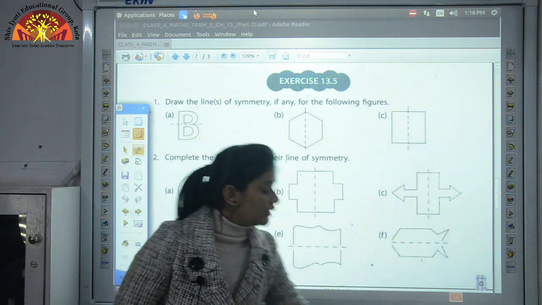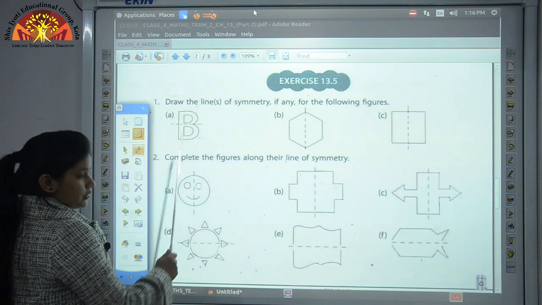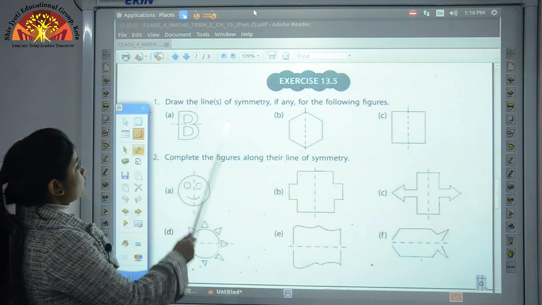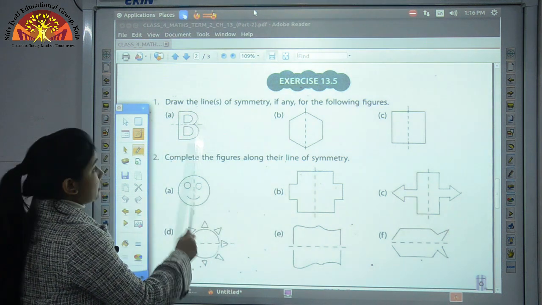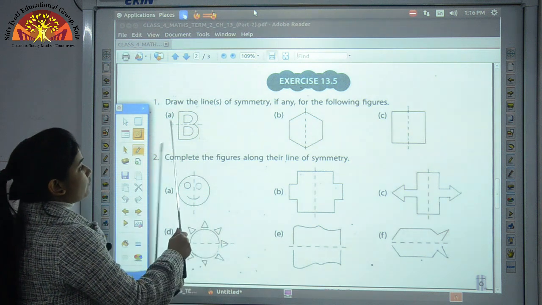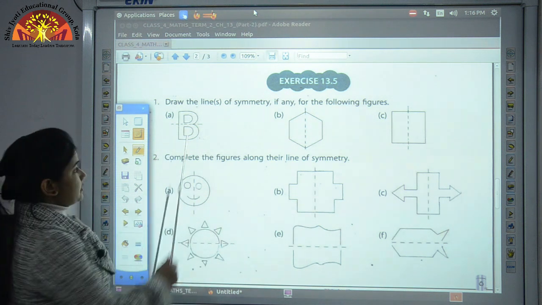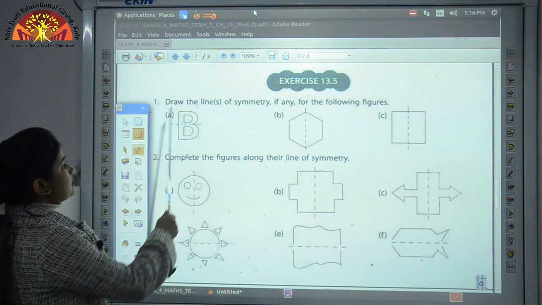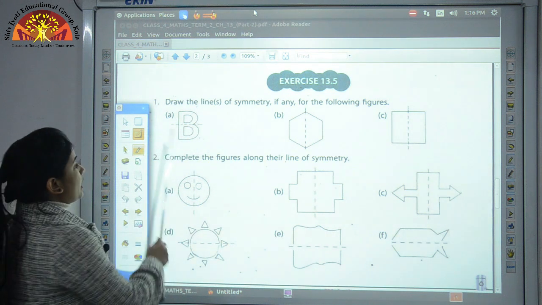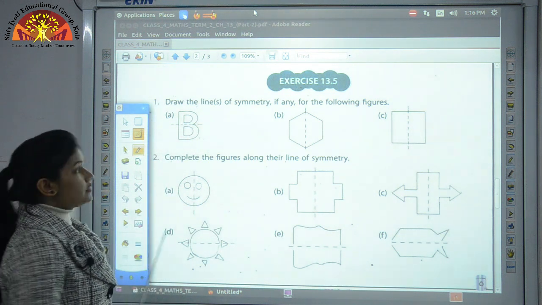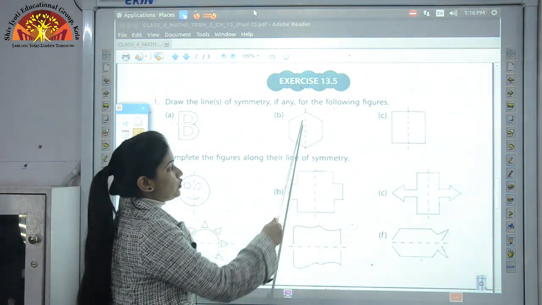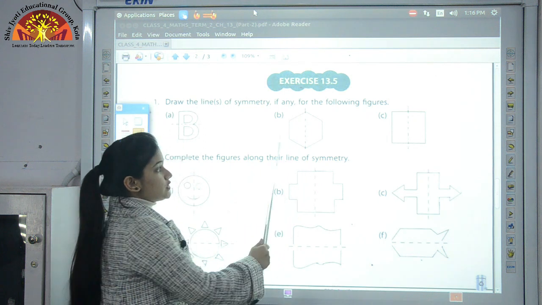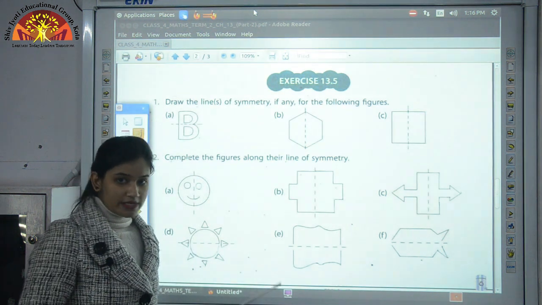Is it clear? Now we are drawing a horizontal line. You know students what are horizontal lines and what are vertical lines. So if I draw a horizontal line, now through this line I can divide this shape into two equal parts. The upper part of this is exactly similar to the lower part. It means this is an example of symmetry and this is a line of symmetry. Is it clear? Now in this B part also, if you draw a line which is vertical line, okay, so by this vertical line you can divide this shape into two equal parts. You can divide it into two equal parts.